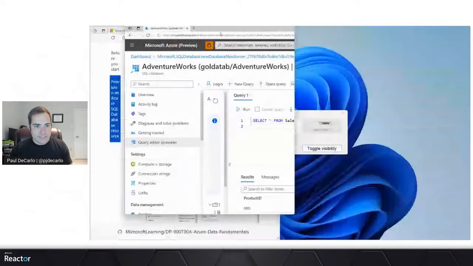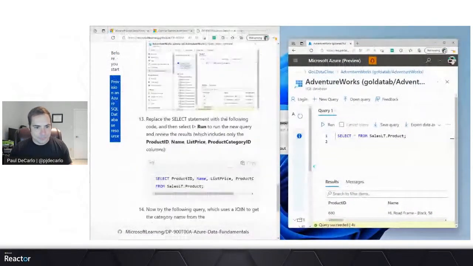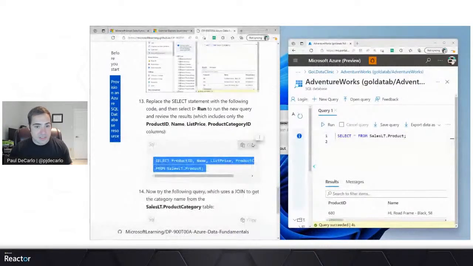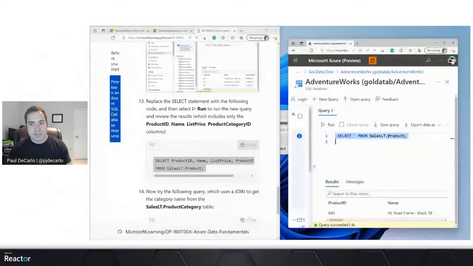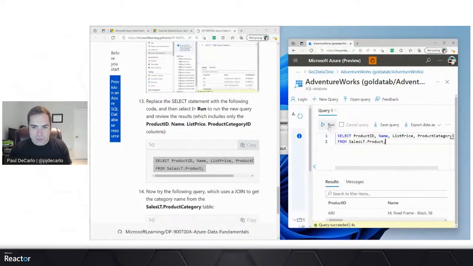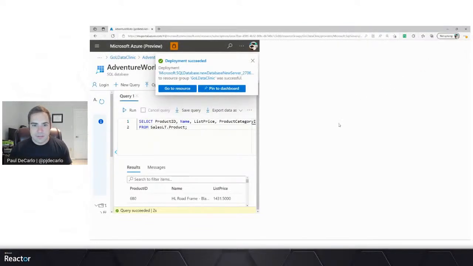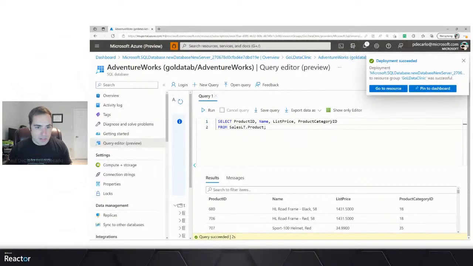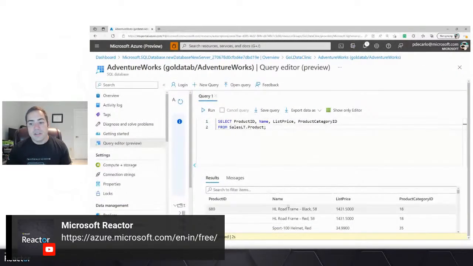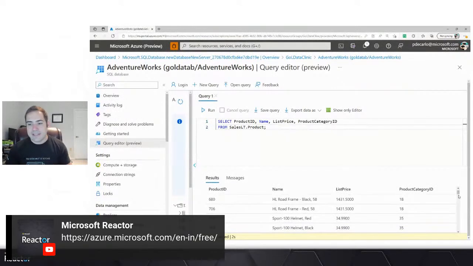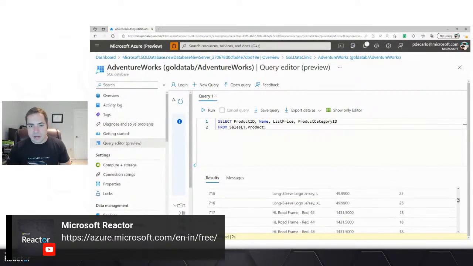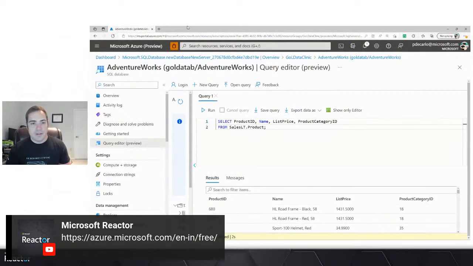We're now going to proceed with the next example query, which is going to show us how to pull out specific columns. So if we run a modification of this query, select product ID, list price, product category from SalesLT.Product, you'll notice now I only get a subset of that data returned. Only the columns that I was interested in.